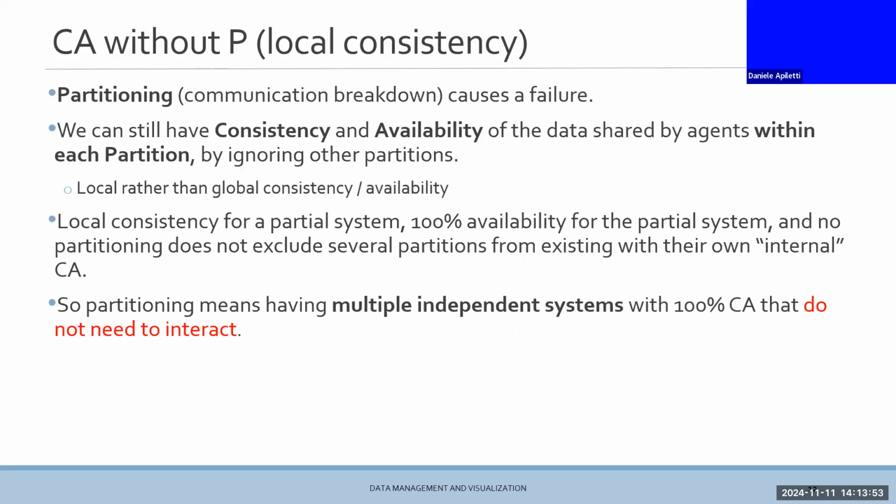CA without P, local consistency. This is the case in which multiple independent systems do not need to interact. Example. Okay, that's the example of a single node. I have the Politecnico di Torino students. The students are separated into the Torino campus, and I think there is a Mondovì campus or something in Vercelli. Anyway, we have the Politecnico di Torino students divided into 3 different campuses. Every campus has its own server serving only its own students. I can be in this situation because I can disconnect from the others